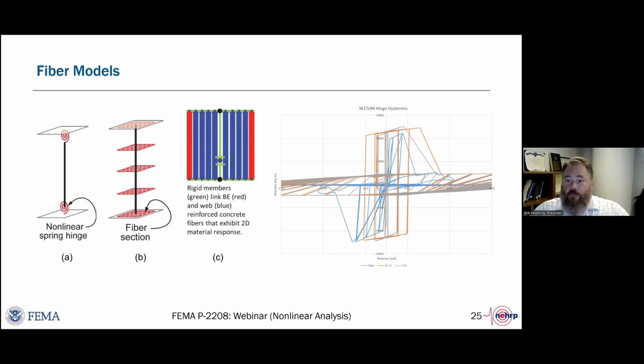This is very commonly used for concrete, especially concrete walls. It can even be used for pre-Northridge steel moment frames. And if you look at NIST GCR 17917-46B, you'll see an appendix that talks about using fiber models for modeling weld fracture. And NIST GCR 17917-45 talks about even using fiber models to represent brace buckling.